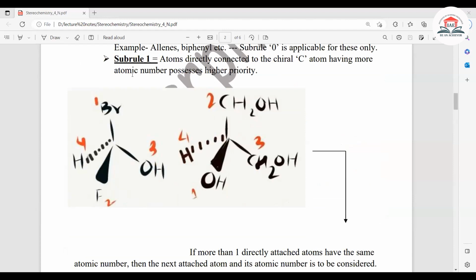সাবরুল 1টা তো হচ্ছে যে ডাইরেক্টলি অ্যাটাচড অ্যাটমের দিকেই তোকে প্রথমে তাকাতে হবে, ঠিক আছে? ডাইরেক্টলি অ্যাটাচড অ্যাটমের অ্যাটমিক নাম্বার যার বেশি হবে তার প্রায়োরিটি বেশি দিবি। যেমন এখানে ব্রোমিন আছে, এর প্রায়োরিটি 1 হয়ে যাবে, এফ তারপরে 2, OH এর অক্সিজেনটা তুই দেখবি, তার প্রায়োরিটি 3 হয়ে যাবে। এই এক্সাম্পলটা এখানে আমি যেটা বললাম, এটা CH2, এটা CH3 করে নিতে।